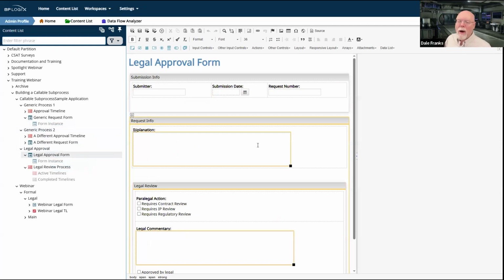But I've also got to set up all of my other processes to pass this information to the legal approval form. And by the way, I have to use the legal approval form. It is going to be the default form for this process timeline, which means that whatever my request form is and whatever fields it has, I'm going to have to pick the fields that I want to give to the lawyers via form replication to send them off to the lawyers. What if I don't need to have quite that level of formality? So let's play around with a slightly different and simpler way of doing this.